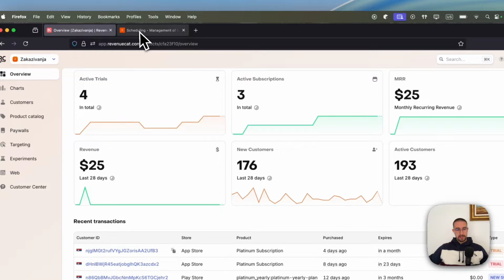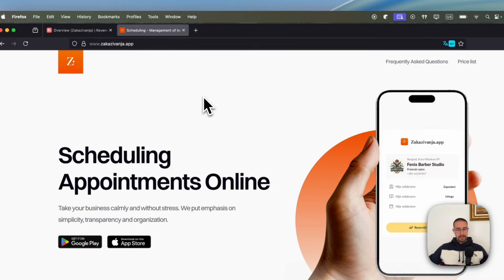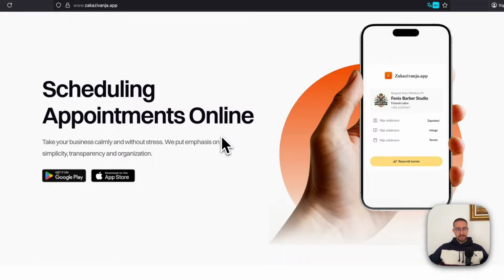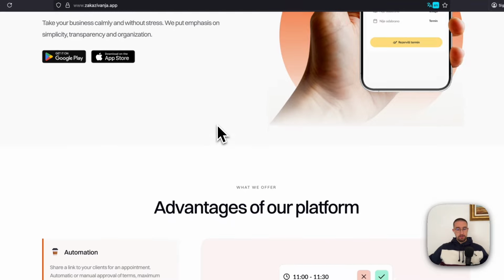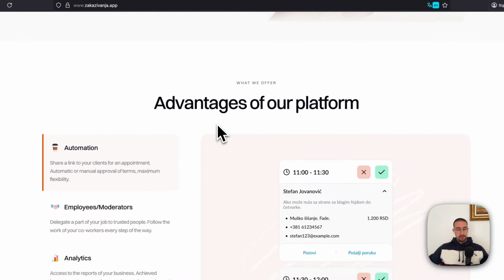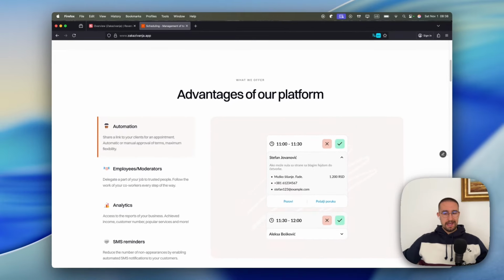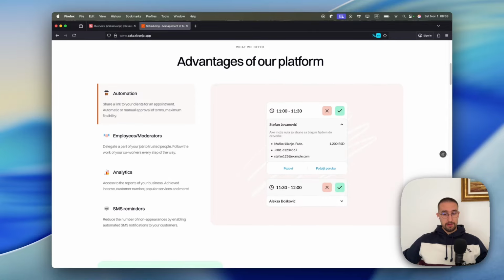Anyhow, the app itself is an appointment scheduling platform. It helps business owners to save a ton of time that they usually waste every day scheduling appointments in their notebooks. So what does that actually mean? Well, it means that if you are a dentist, a barber, hairdresser, a mechanic, or you are in any other business that involves people calling you every day asking whether you have a free appointment to schedule, this platform helps